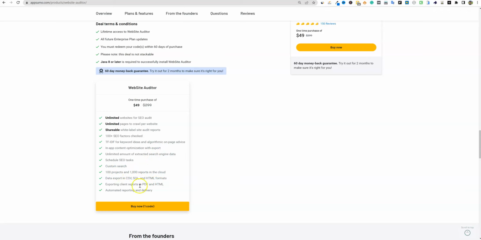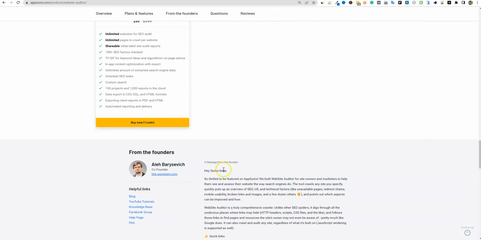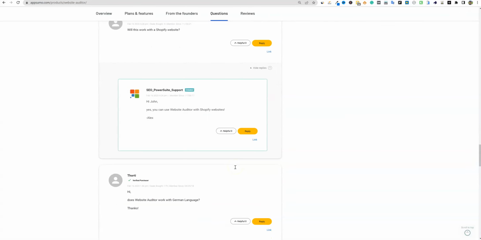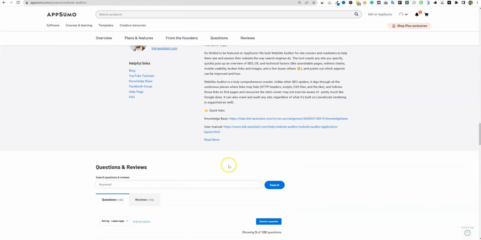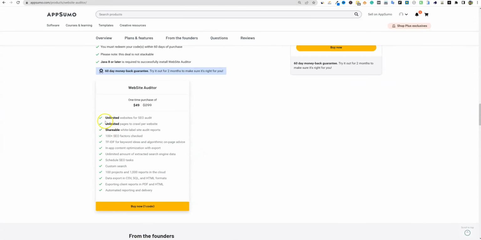reports in the cloud. Data export is CSV, SQL, and HTML formats. Exporting client reports in PDF or HTML. You'll probably be using PDF, and automated reporting and delivery. All right, so we're going to be looking at that. That's really the deal right there. It says unlimited websites and unlimited pages, so it just sounds like it's $49. It is a desktop application, so it's a little old school, but we're going to dive in and check this